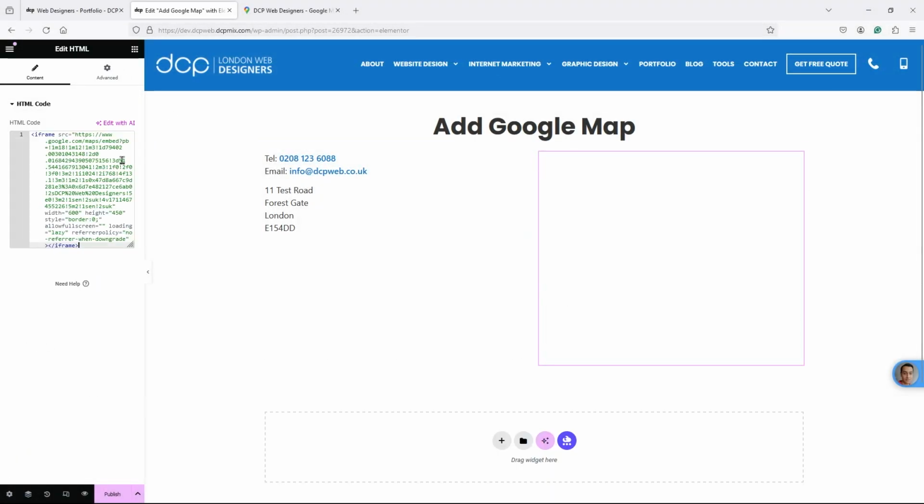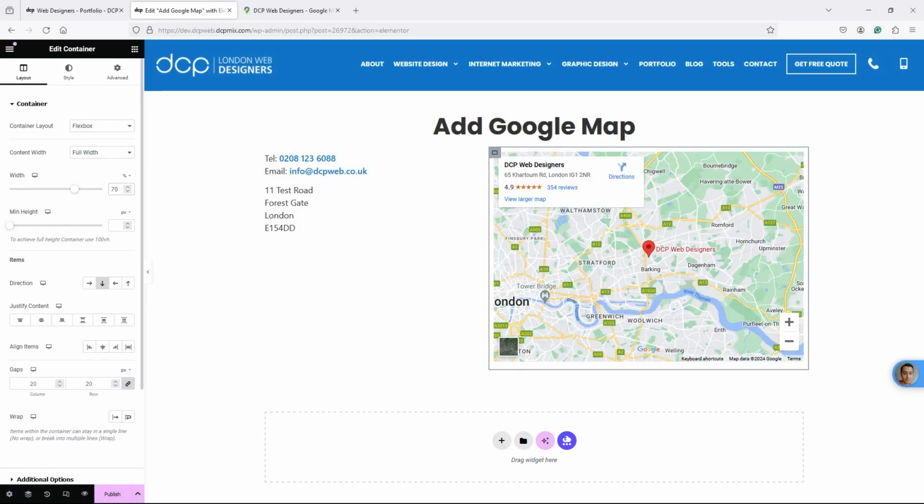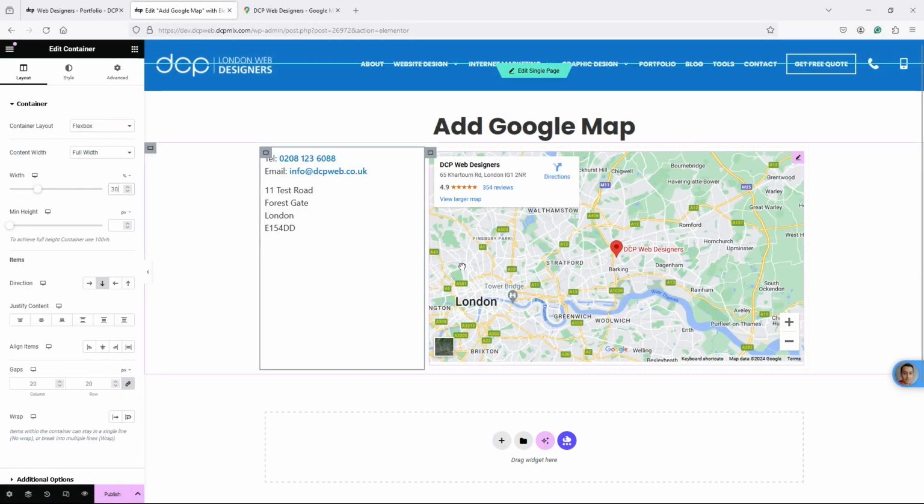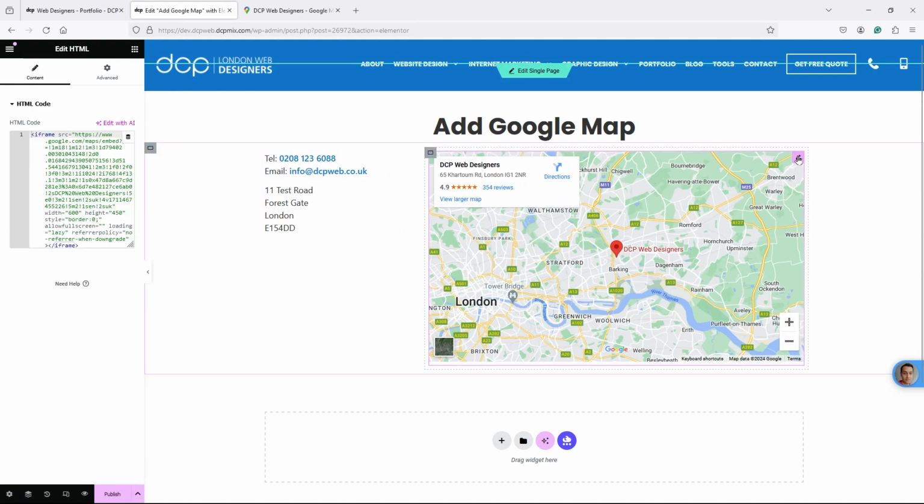Hi and welcome to this DCP web tutorial. In today's tutorial I'm going to show you how to add a Google map to your WordPress website using Elementor